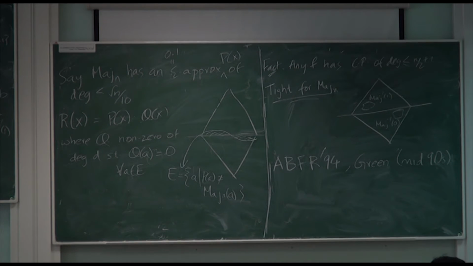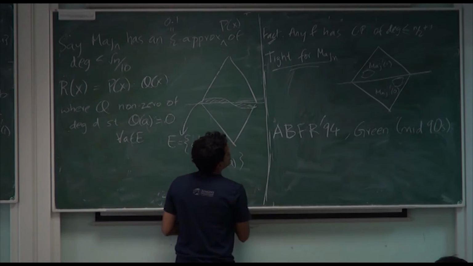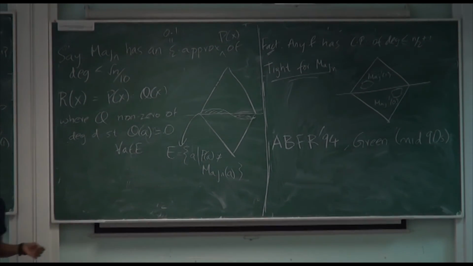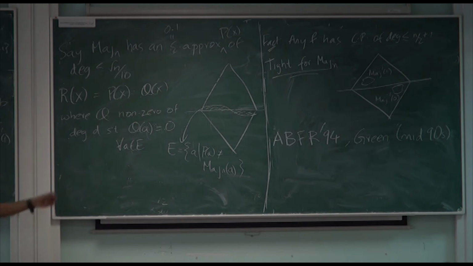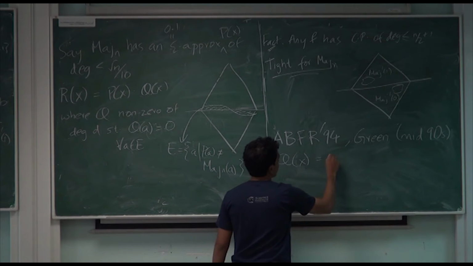So why do I have such a Q? How do I come up with such a Q? This goes back to something we saw a few minutes ago. Again, I'm going to construct Q by solving a system of linear equations. So the Q I want is going to have the form